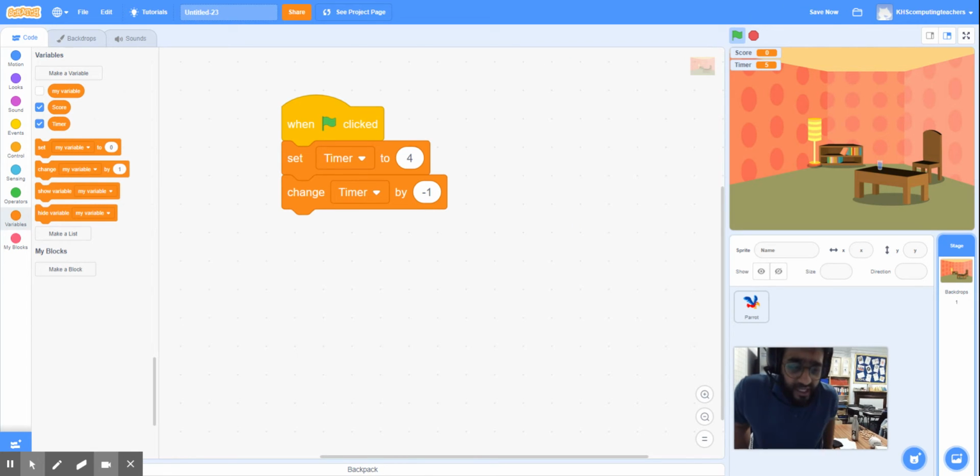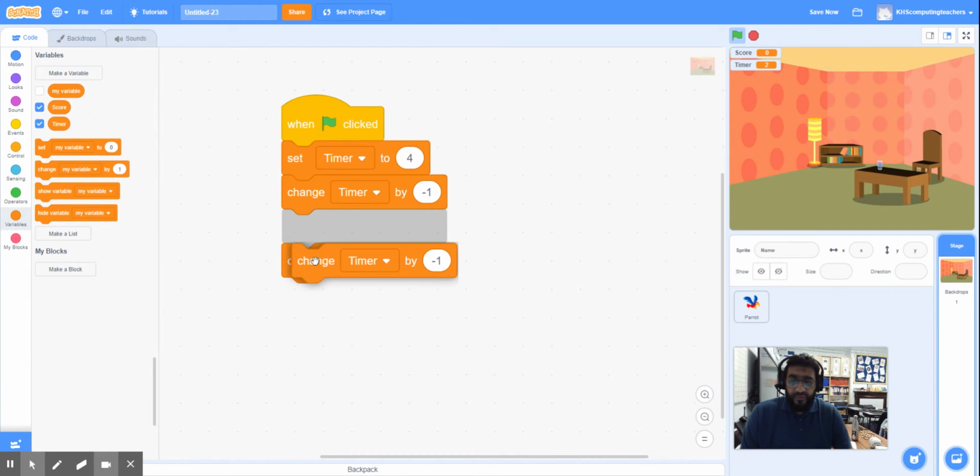Okay, so now again, obviously we always want to test our coding out, make sure it works. If it doesn't work, we can go back and amend that. There we go. That's gone down to 3. Perfect. However, I obviously want it to constantly go down. So what should I use? I can duplicate that. I can make that code come